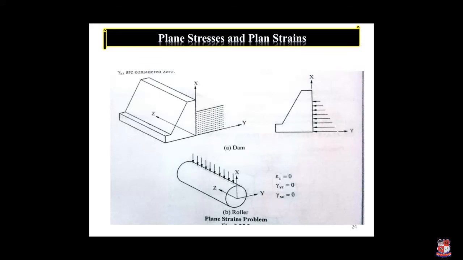Here the strain is there because it varies over the whole boundary. If we take an example of a dam, the whole reservoir water will exert a pressure, we cannot say force, it is a pressure on the side wall of the dam. At that time we can consider a roller as well. One roller is there and the whole force and pressure occur on the surface. At that time strain epsilon z is equal to 0 in the Z direction, gamma yz is equal to 0 and gamma xz is equal to 0. This is one concept that we have to learn.